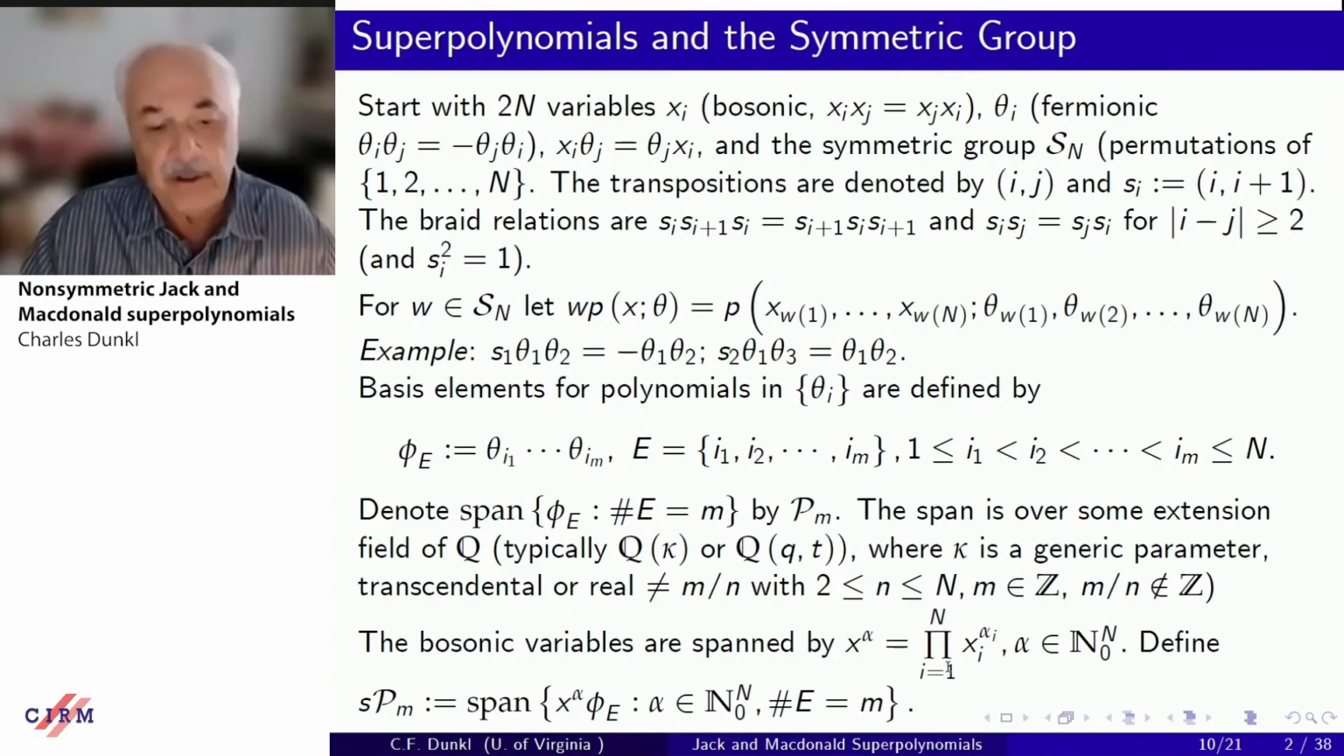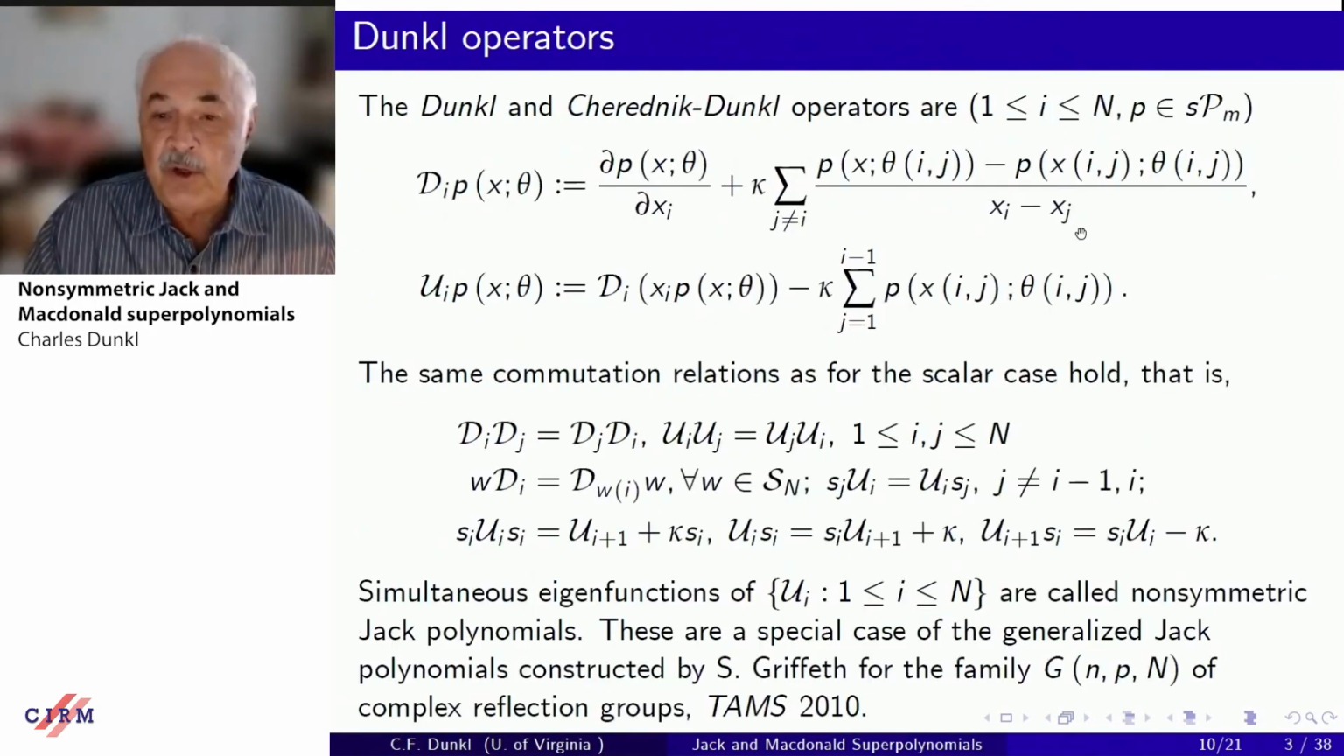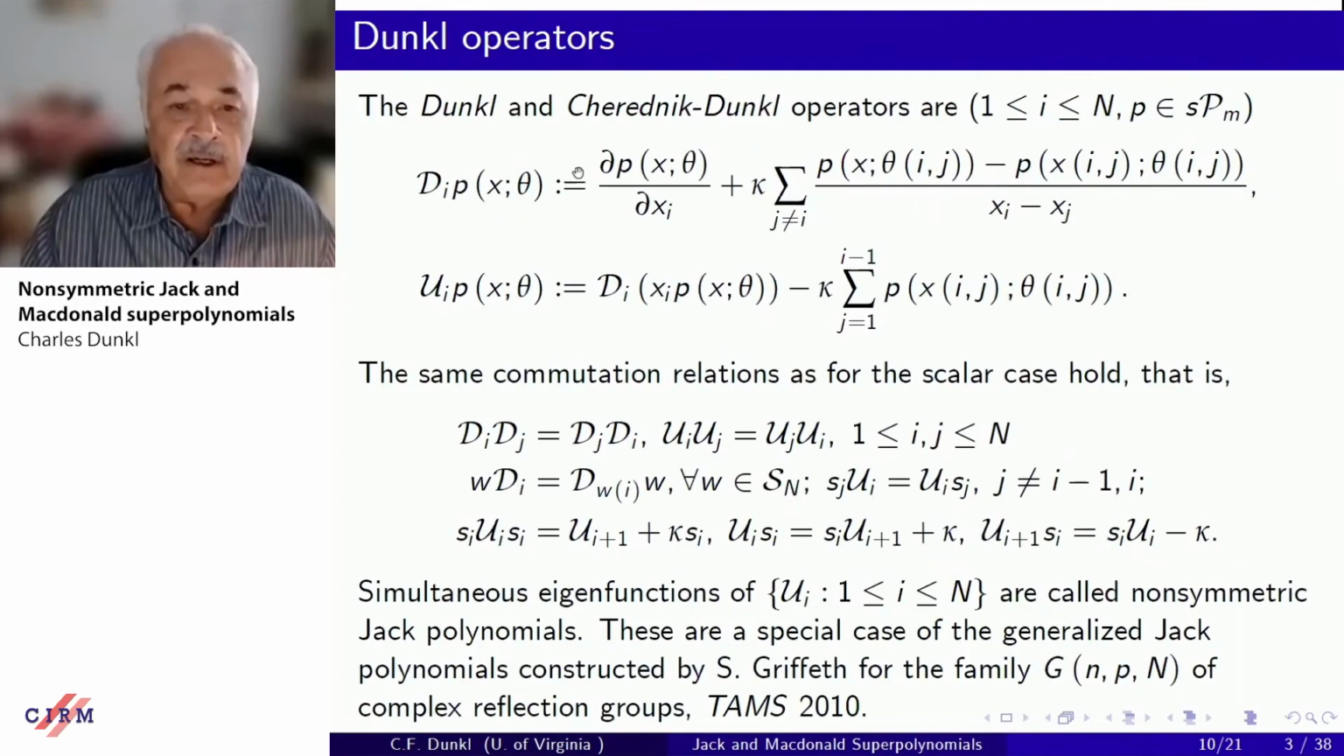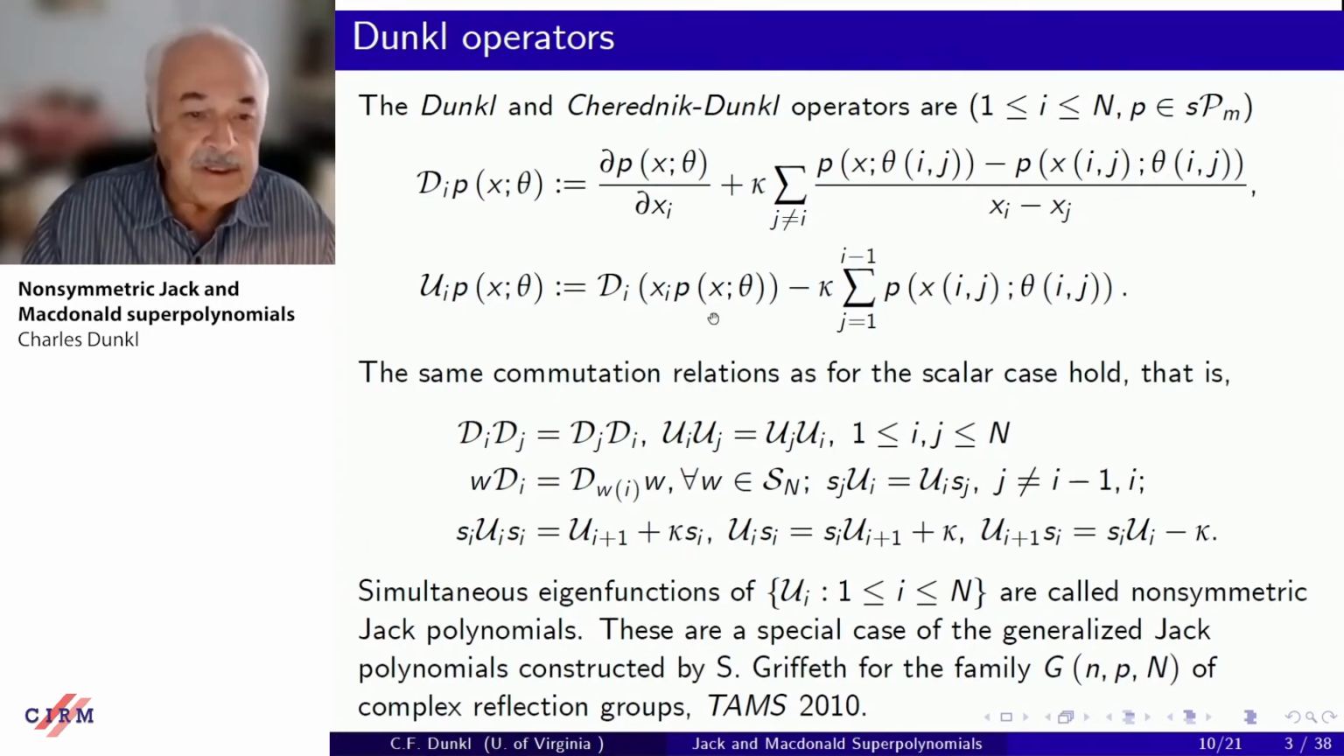The bosonic variables are spanned by x^alpha, the usual multinomial kind of thing, and SP_m will be the span of x^alpha times phi_E, where E has cardinality m. On these polynomials, we have the Dunkl operators. The difference here is that theta is interchanged, the theta_ij's, and so the x's work. So this is indeed a polynomial. This is the Cherednik operator, which